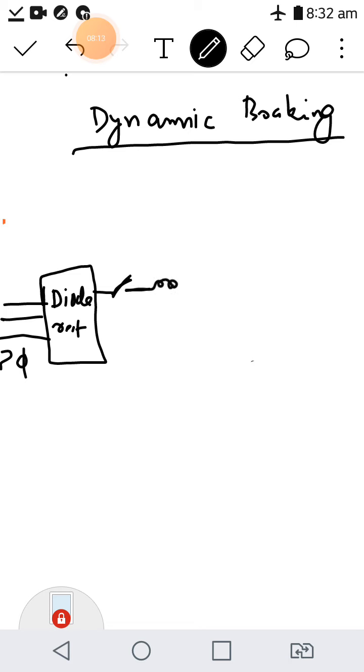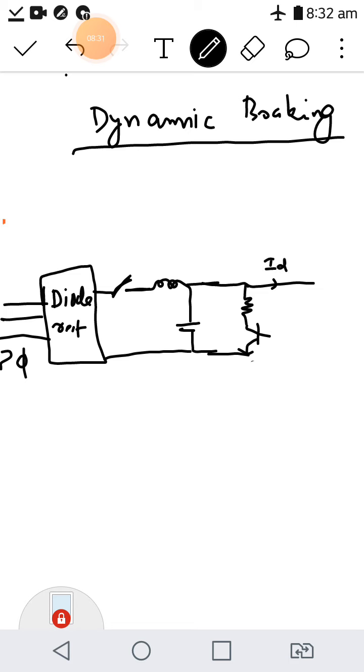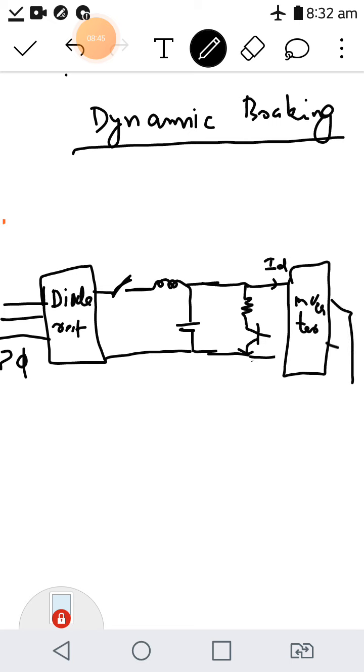And this is the DC link capacitor. So DC link voltage is here, and I am using a resistor R in series with a transistor switch or any other type of switch. The output of this is given to, this is DC, so it should be inverted. So I am connecting this to an inverter, and the inverter output I am taking will be given to the induction machine.